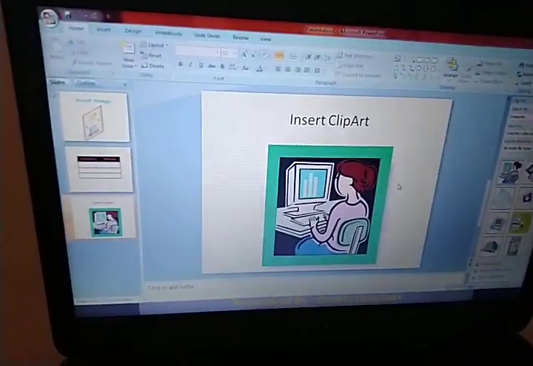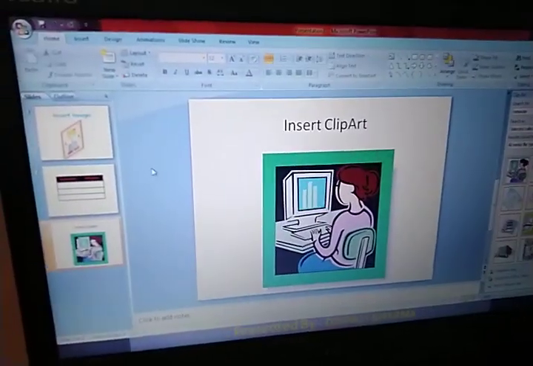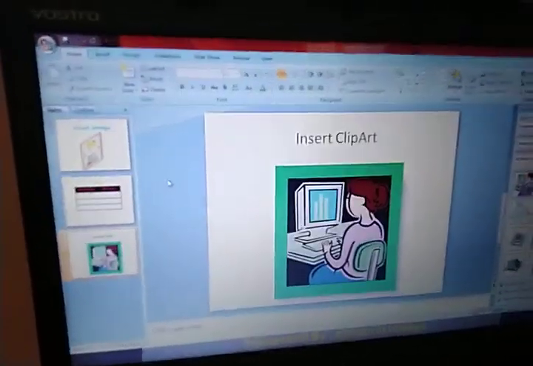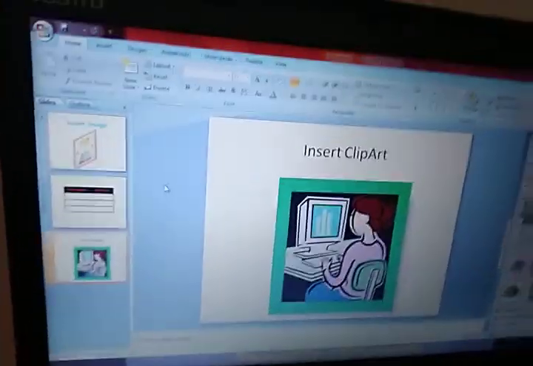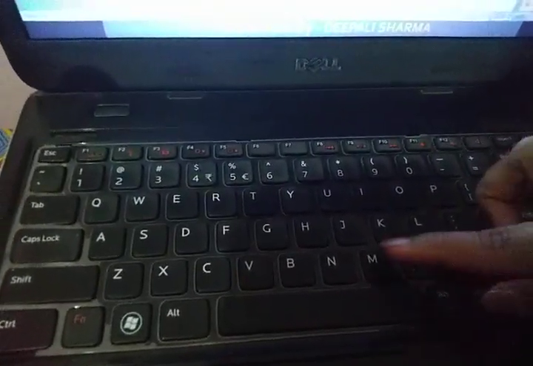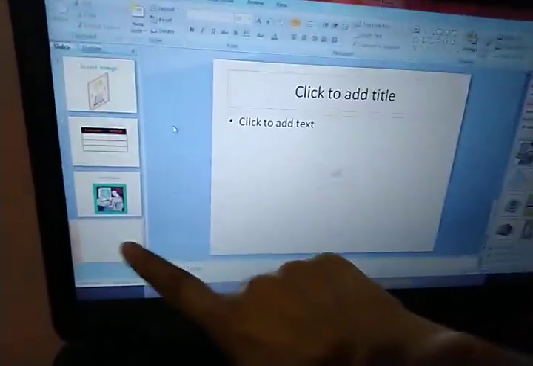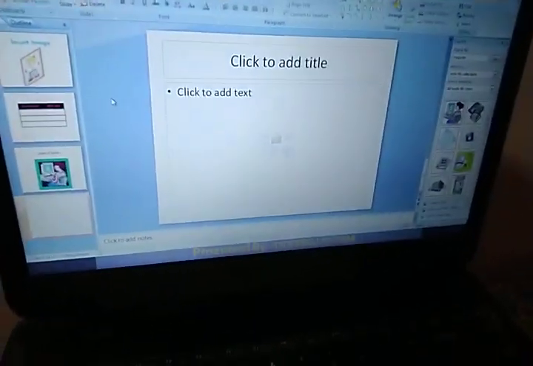Now the next thing which I am going to tell you is how to insert shapes. Fine. So again, what I have to do, I have to create a slide. There is one shortcut for creating a slide. Let me tell you the shortcut command also. That is Control M. Fine. When you press Control M, just see here, one new slide will be added on your screen.